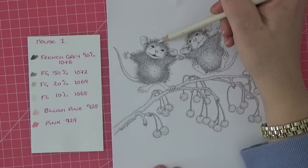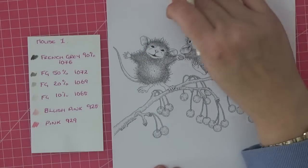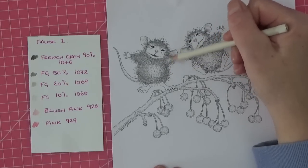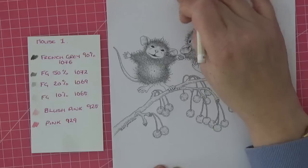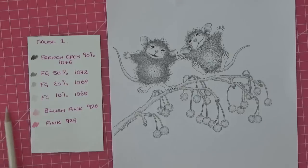Kevin, this paper, if you're watching, is divine. It really does like pencil. I'm not sure how it would respond to watercolour on it, because it's quite thin, but it really is very nice. Okay, French grey 10% that was. Now I'm going to go in